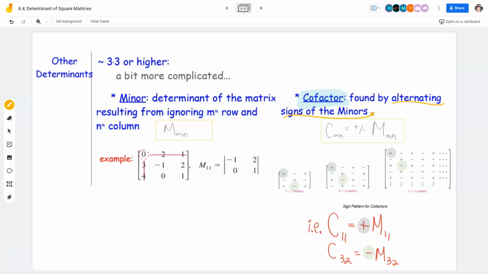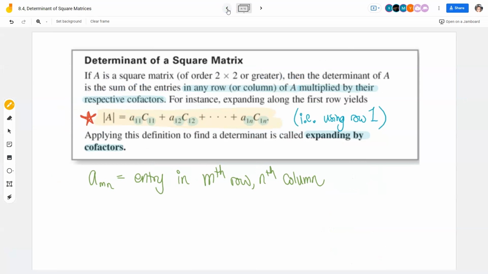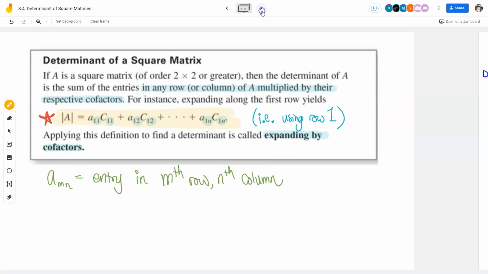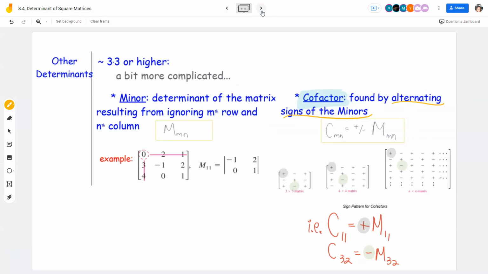Okay, so you should ask the question, what is a minor? Oh, I'm glad you asked. Okay, so we have this formula. We're trying to find a determinant. So the formula says I need cofactors. Cofactors say, yes, I'm the appropriate plus or minus of a minor. And you're like, okay, what's a minor? A minor says,